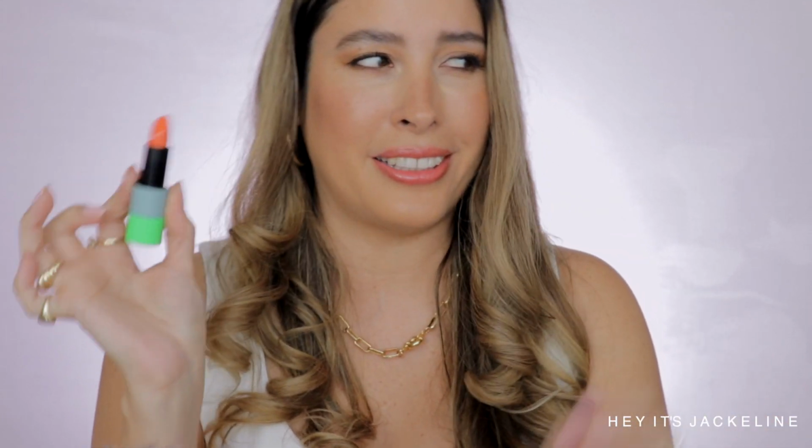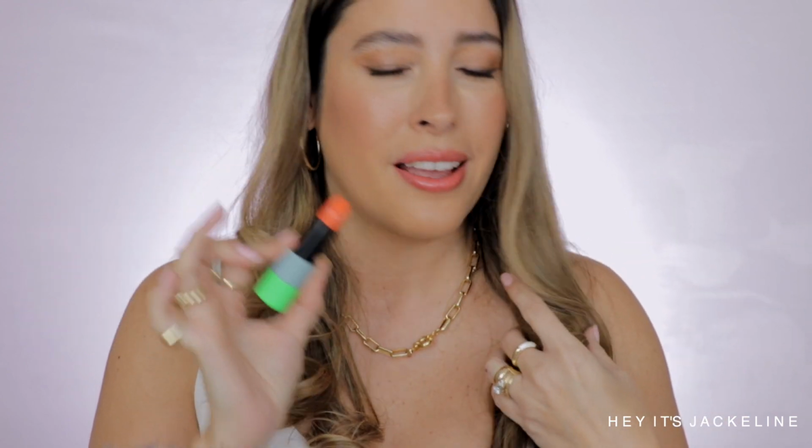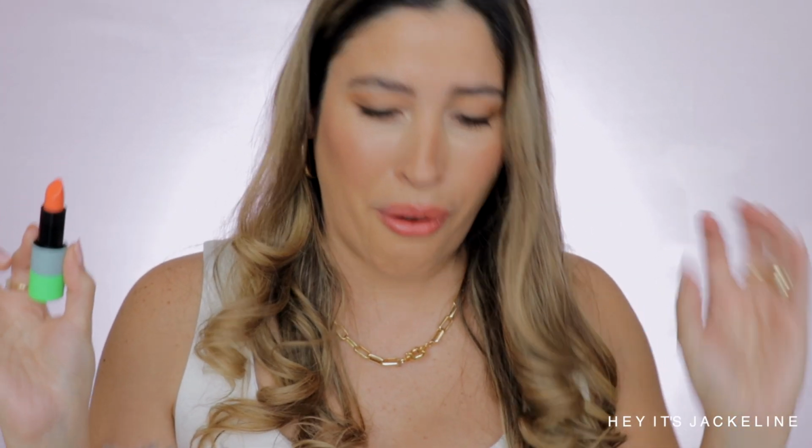I'm pretty sure you know which shade is perhaps my favorite, right? Definitely the Orange Capucine, because I have a soft spot for oranges. I just love how it looks in contrast with my skin tone. And to be honest with you, I was going to do a ton of